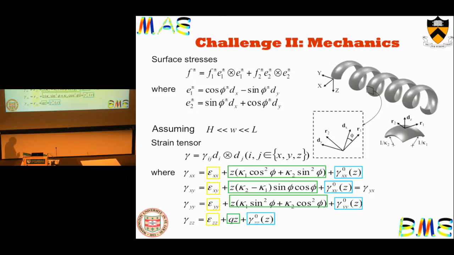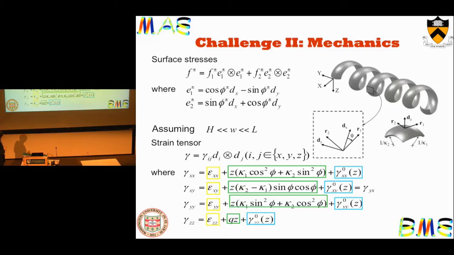And so the surface stresses are tensors. They can have these principal directions, E1 and E2, plus minus just to note the surface stresses on the top and bottom layer, respectively. And we assume for the ribbon geometry that the thickness is much smaller than width, and width is much smaller than length. So the strain tensor that characterizes the